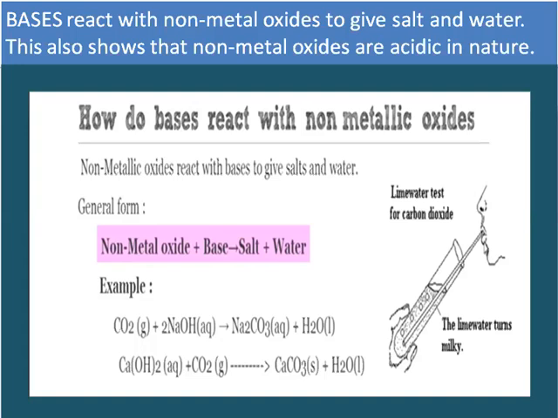The second example is calcium hydroxide, which is a hydroxide, a base, when it reacts with again a non-metal oxide, carbon dioxide, to give calcium carbonate and water. The lime water test for carbon dioxide, which turns lime water milky, shows the formation of calcium carbonate. In the picture we can see